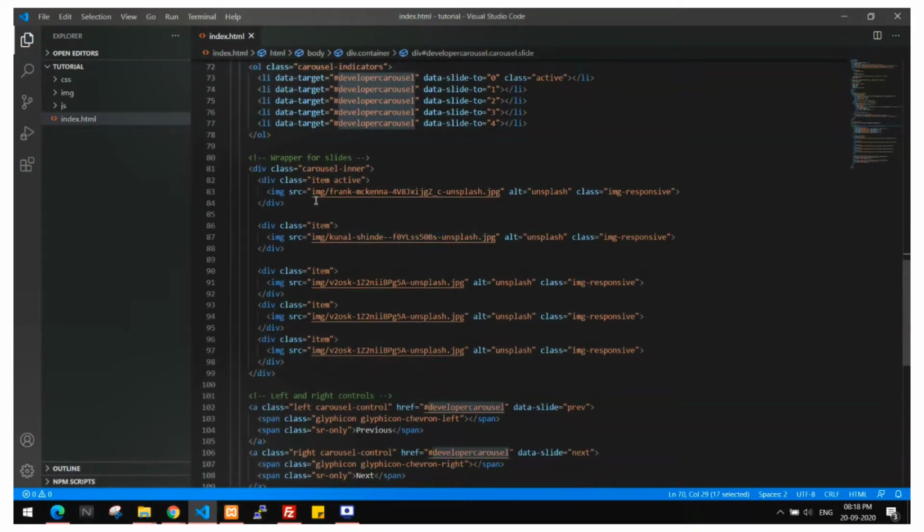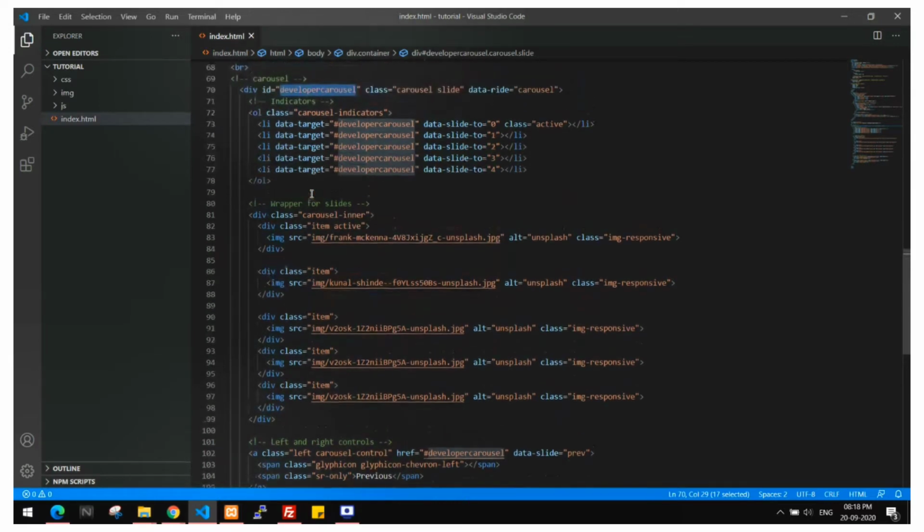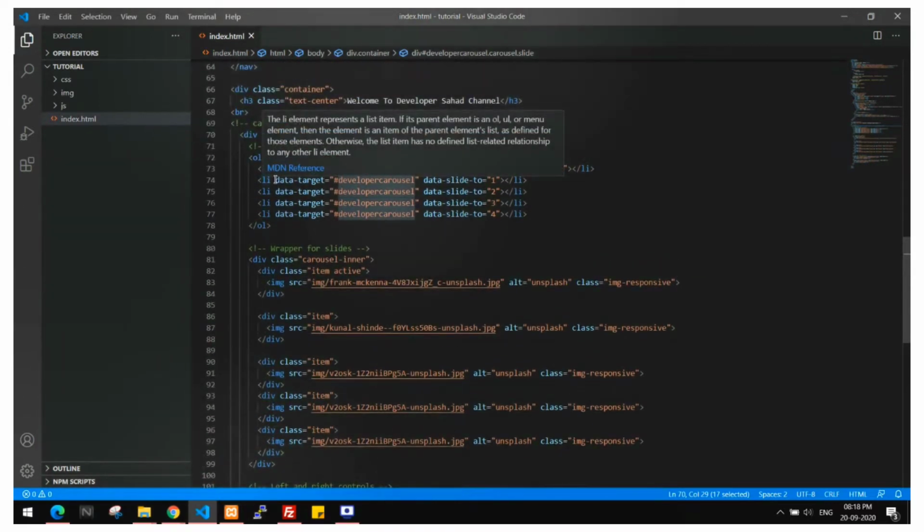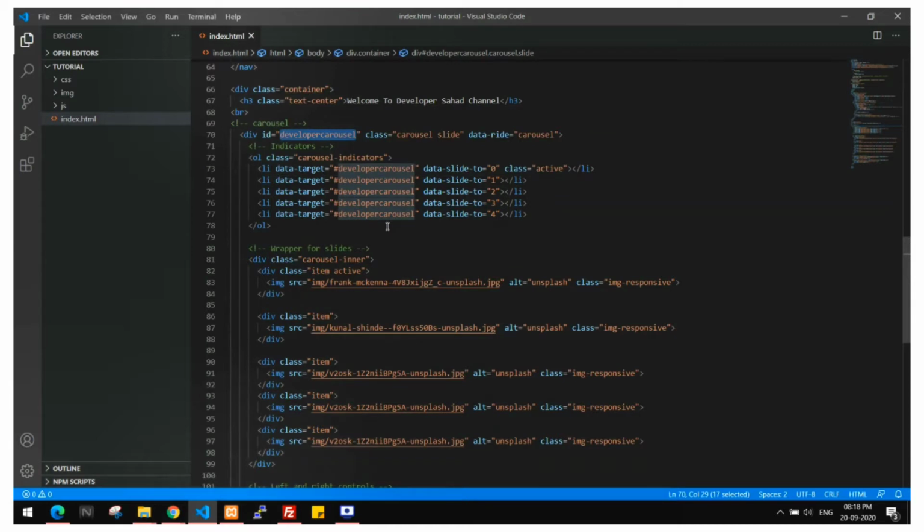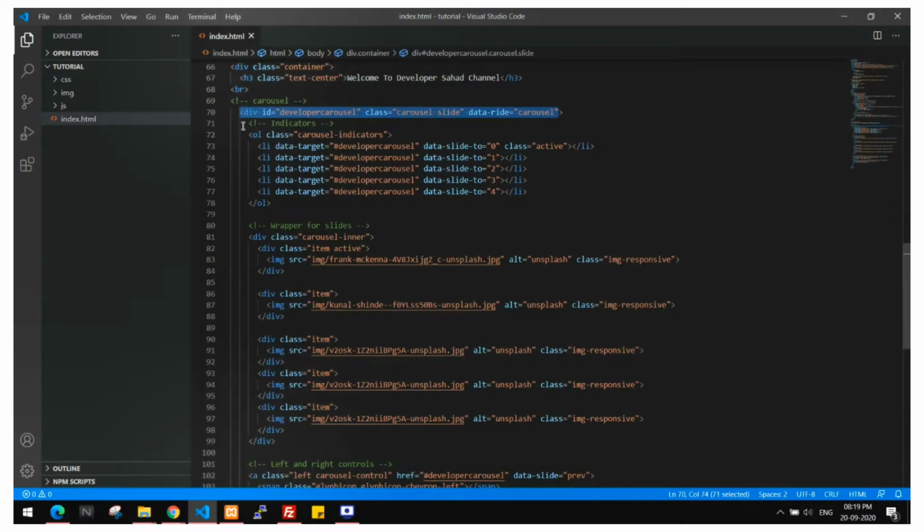You can set your images, Bootstrap images. I will explain the code one by one. For using Bootstrap carousel, you just need to add this. First you need to add the classes carousel slide and data-ride carousel. Then you need to mention your indicators.